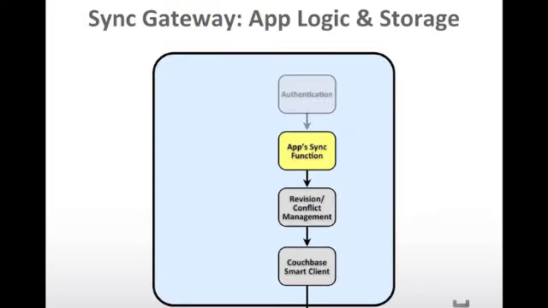So the sync gateway, again on that first diagram we saw, it's the middle tier. It uses Couchbase Server for storage, and it provides data to mobile devices over the HTTP connection. And I wanted to push talking about authentication back a little bit, so we will talk about it. The first thing that happens when a request comes in is it's authenticated. And for now, let's just hand wave and say,